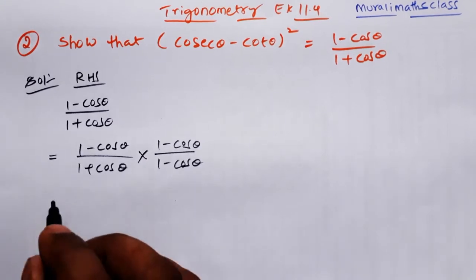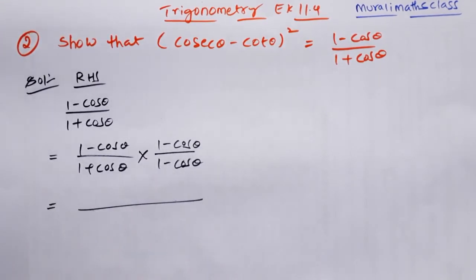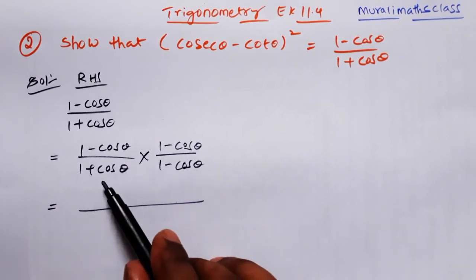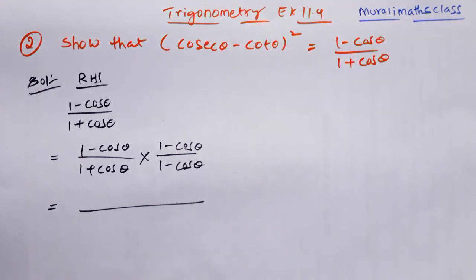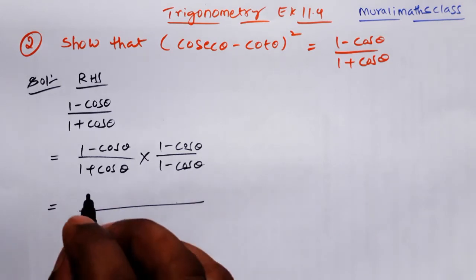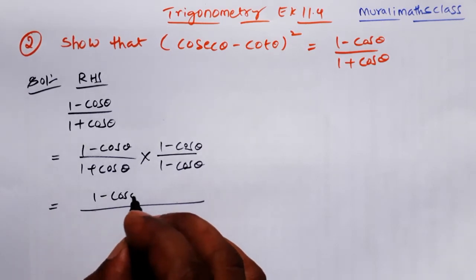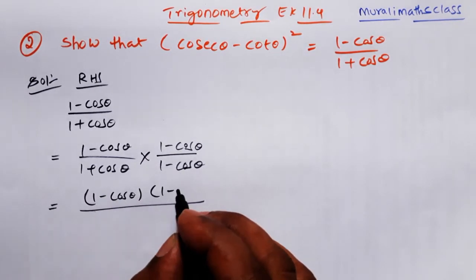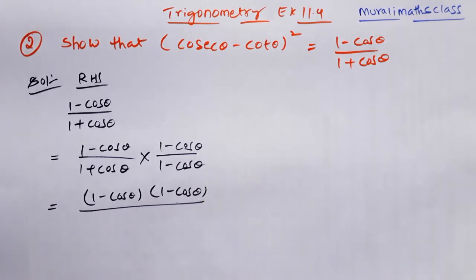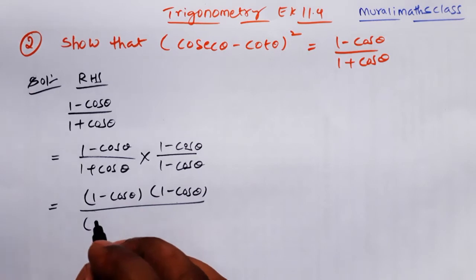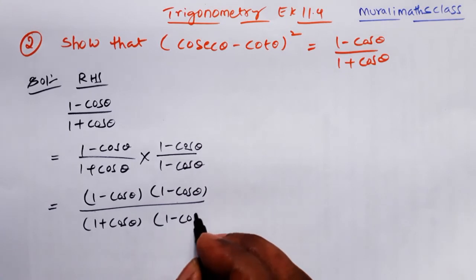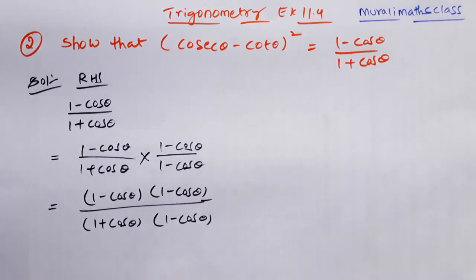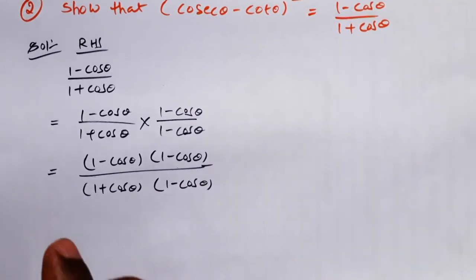After this what we have to do? So in this step what I did, denominator conjugate and multiplying and dividing. See in some problems this step will be required. Next, multiply numerators. 1 minus cos theta into 1 minus cos theta. Same. Multiply denominators. 1 plus cos theta into 1 minus cos theta. We multiplied numerator, denominator. Now simplify that.